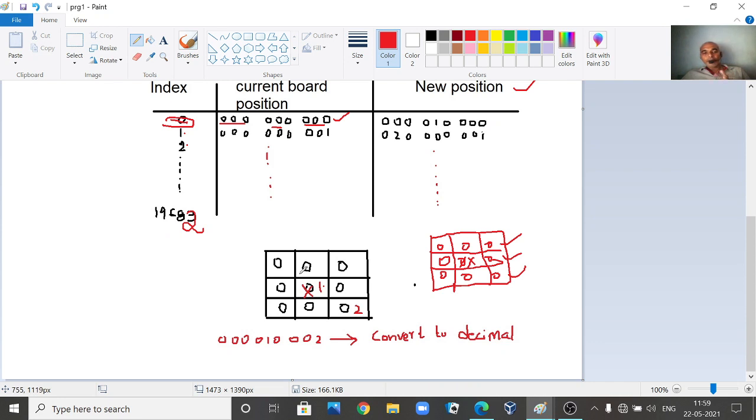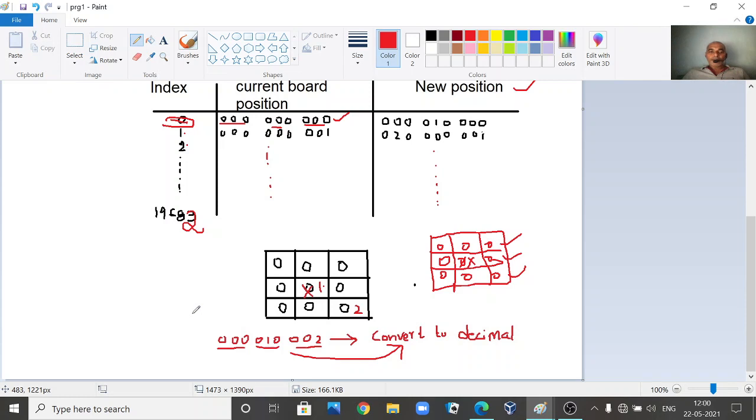Now say, for example, after a certain instant of time, or the second move, this is our board position. What is our board position now? First row 0 0 0, so we have written 0 0 0. Next 0 1 0. Next, what is there? 0 0 2. 2 means that the second player has made a move. So the position is 0 0 0, sorry, 0 0 2. Now this is our value, a ternary number. Now we convert this ternary number into a decimal number.